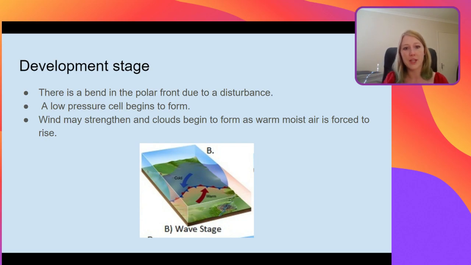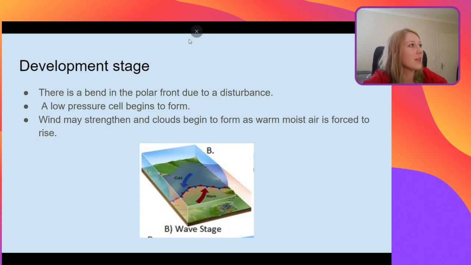Then when we have that disturbance in the jet stream, you will have some bending that starts to happen on the surface of the Earth. So some bending will start to happen with the two fronts. You'll have a low pressure that begins to form. So the low pressure forms when the wind is blowing in a clockwise direction. Okay, so there we can start to see a little bit of a wave, a bit of a wobble in